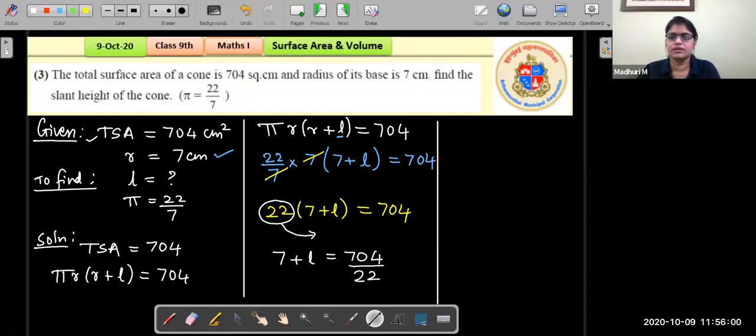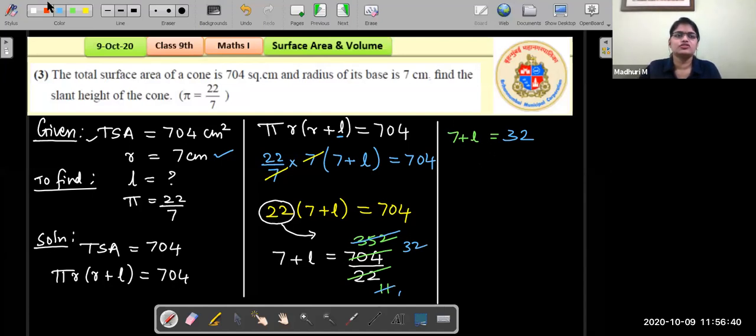Yes, students. So that would be 7 plus L equals 704 divided by 22. If you reduce it using 2, that would be 11 over here. 2 3s are 6, 2 5s are 10, 2 2s are 4. And then with the table of 11, you can cross that out as 11 times 1, and 11 times 3 is 33 and 11 times 2 is 22, right? So we get 7 plus L is equal to 32. Good so far? And now to bring L by itself, we have to get rid of this 7. So how can we do that?